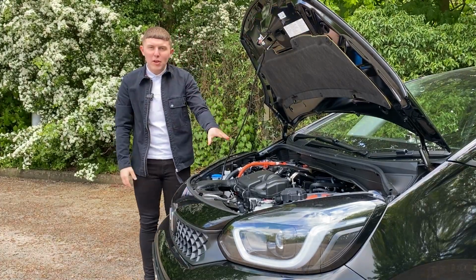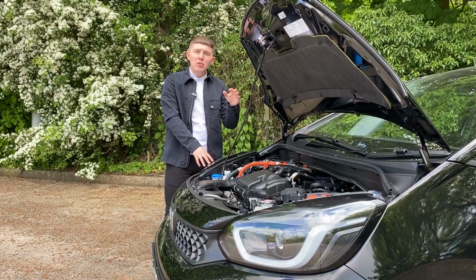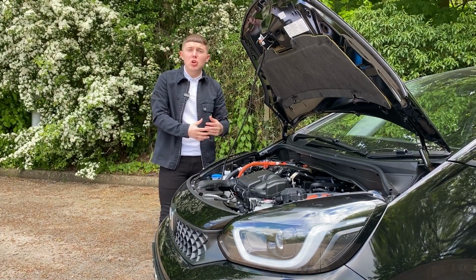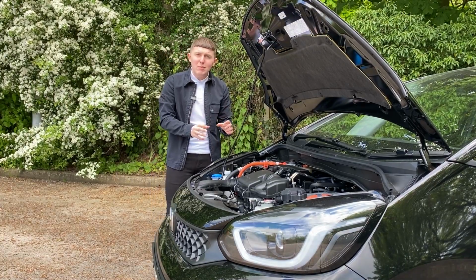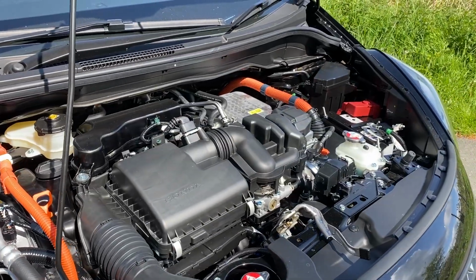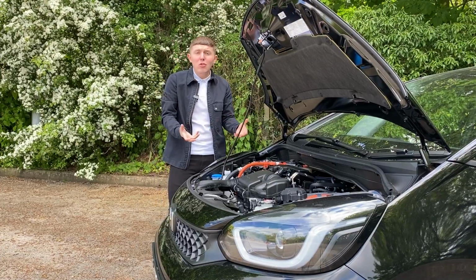the bonnet, because I think what's under here is what sets the Honda Jazz apart from its competitors. So what you have here is a 1.5 litre petrol engine, which is a part of a self-charging hybrid system. Now this system can actually travel up to 550 miles on a full tank. But if we do actually look inside the car, then you'll see that this car can quite easily travel up